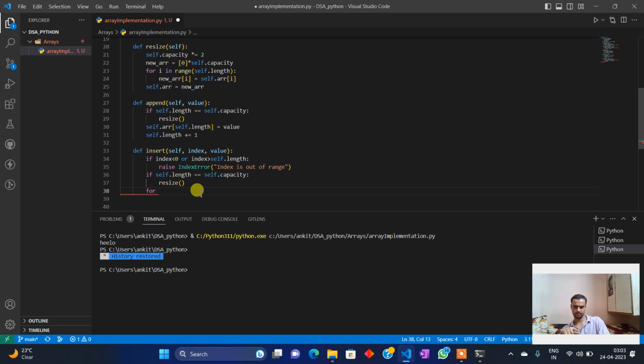Because we have to shift the elements to the right, we have to go from the last position to the first position, a backward loop, and self.array. This will also increase the value by 1. How you can do that is, there is an array, and if you have to shift the elements to right,